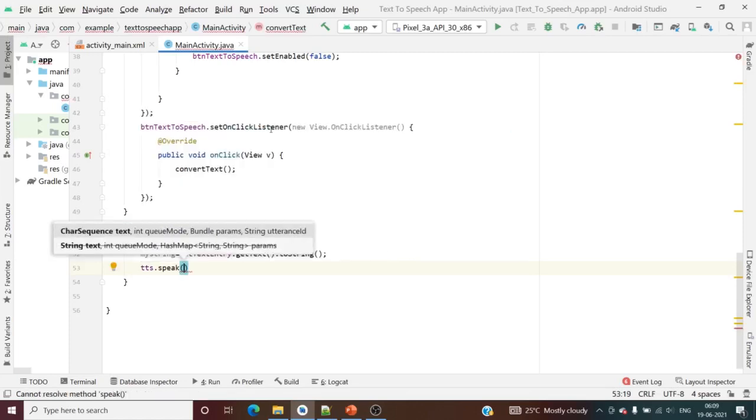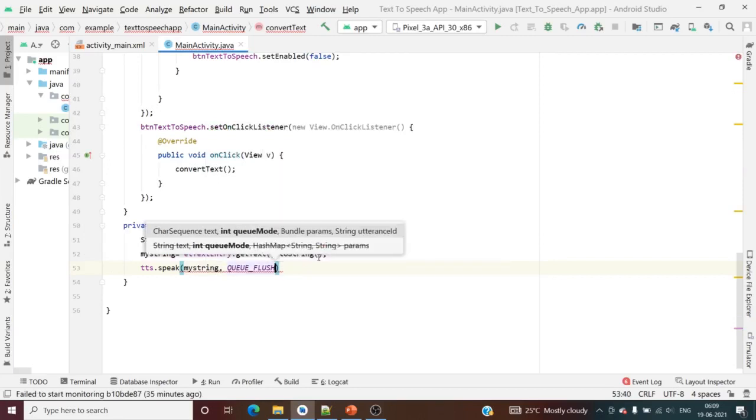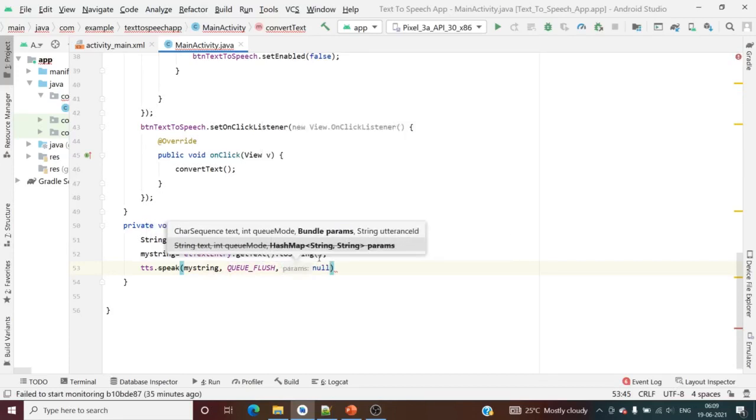What it asks for is first a character sequence, that is I will be sending my string there, and then the queue mode, that is Queue Flush, comma, null, and then the Bundle parameters is null, and then the String utteranceId is also null.